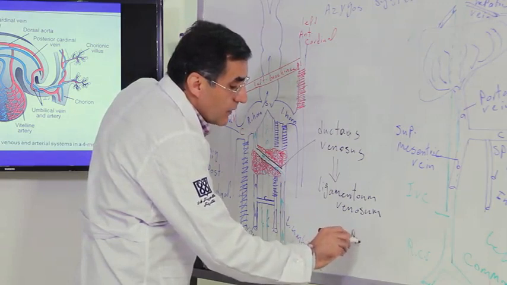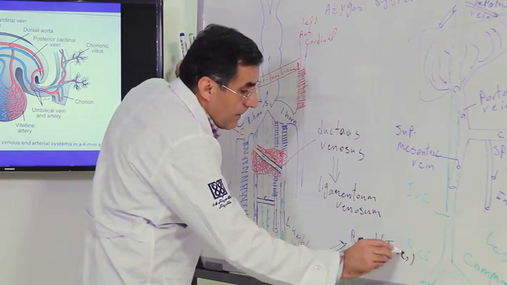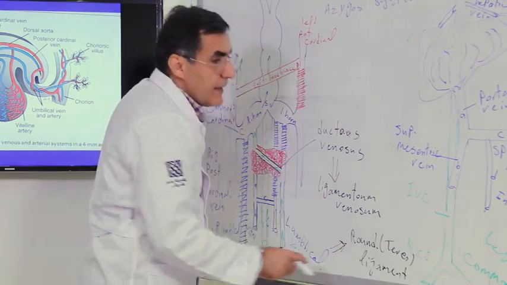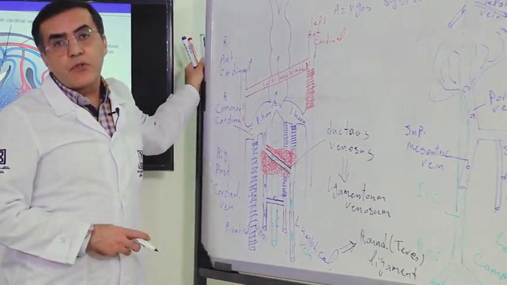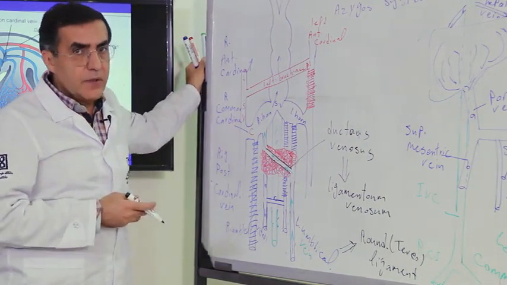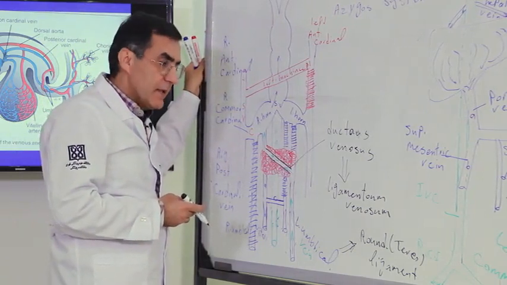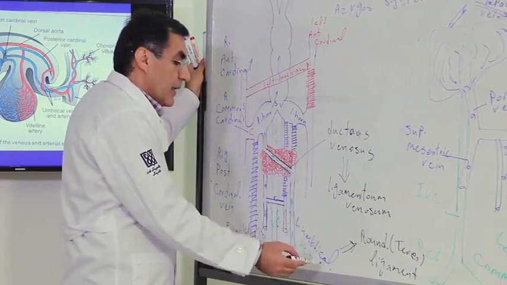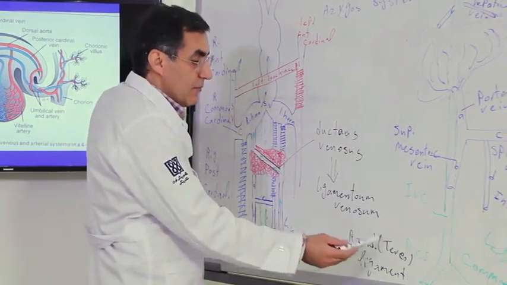making a round or teres ligament that extends from the posterior of the umbilicus to the inferior surface of the liver. We have this ligament in our body in the free border of the falciform ligament. Okay? The final change in the left umbilical vein after birth is the round ligament. You